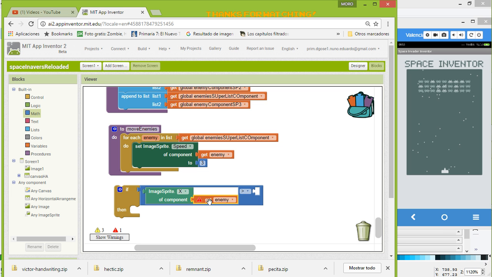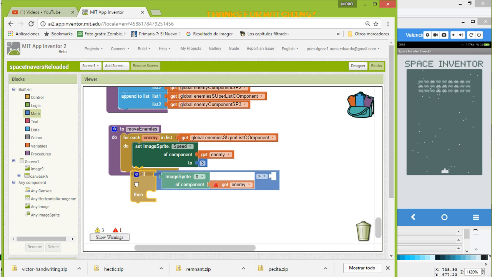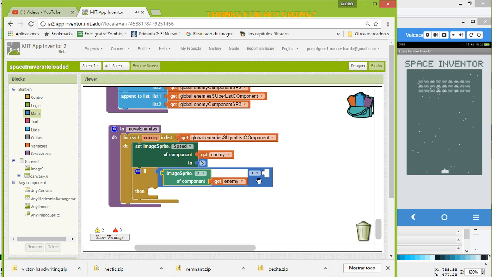If the position of this enemy, if the position in X is bigger or more than,